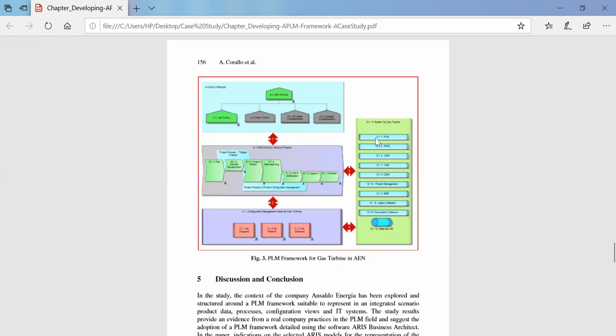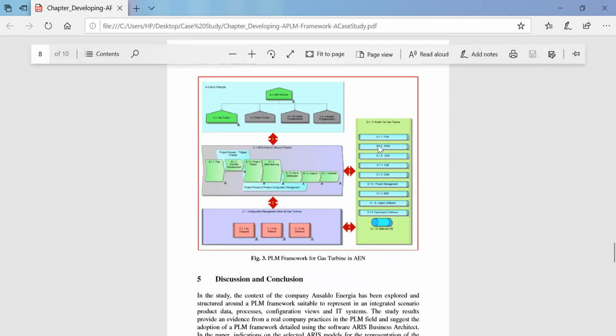Similarly, for each section, if you click PLM, it shows the entire process. If you check PDM, it shows its entire process. If you check CAD, it shows the entire process. Similarly, if you click CAE, it shows the phases associated with CAE. In this way, they develop a framework which helps in manufacturing the product right from the beginning until the end. So this is a beautiful framework which has been developed.